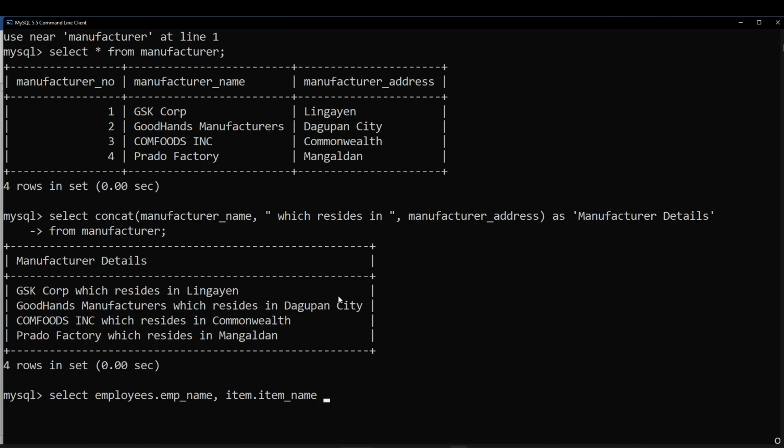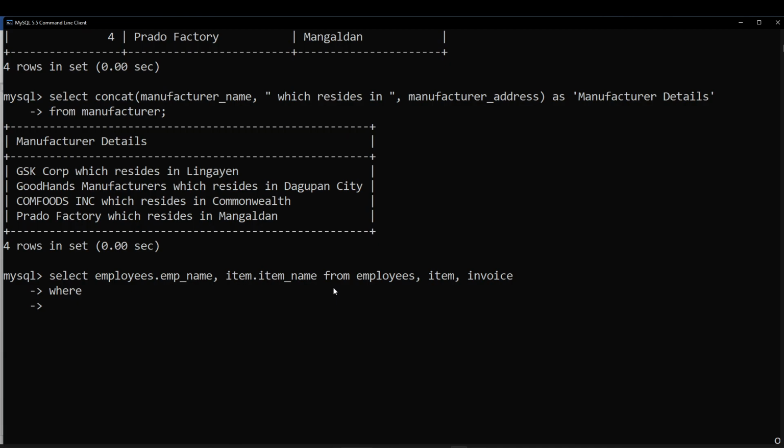So this will be retrieved from tables employees and item, and then we'll be relying on invoice to connect these two here because employees and item don't have any foreign keys to each other. The invoice will also act as the basis of the transactions that they perform. So from employees, item, and invoice, where